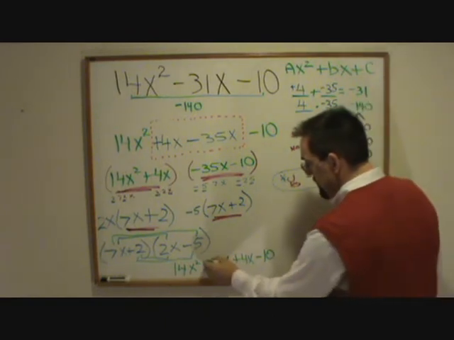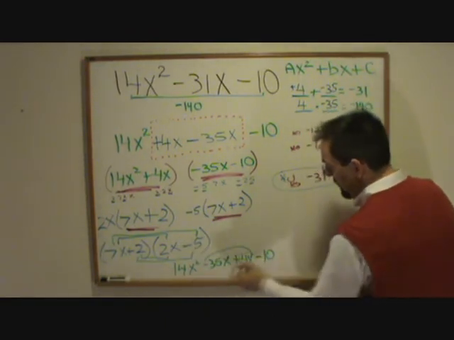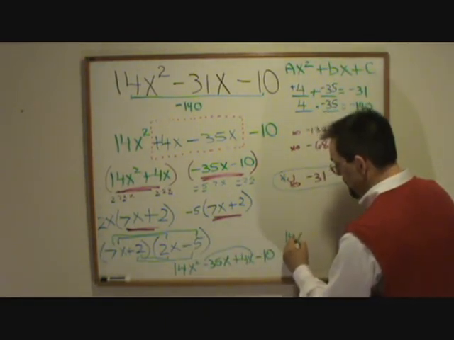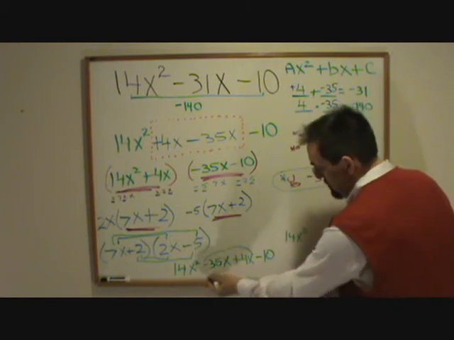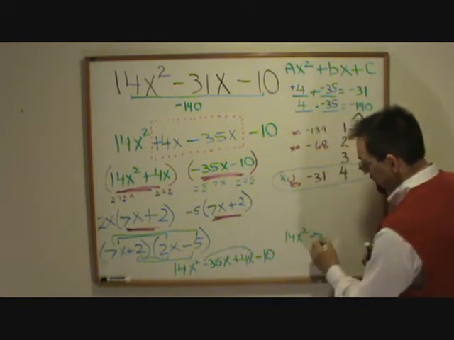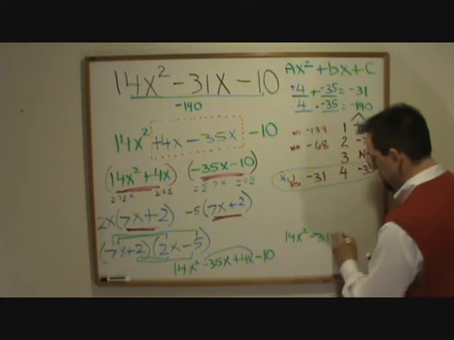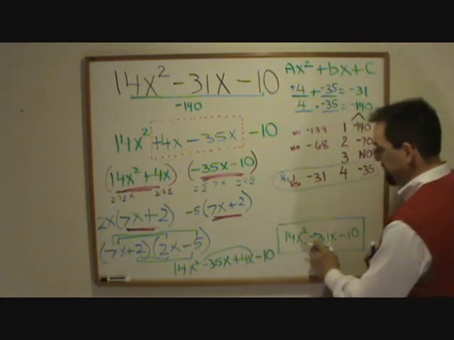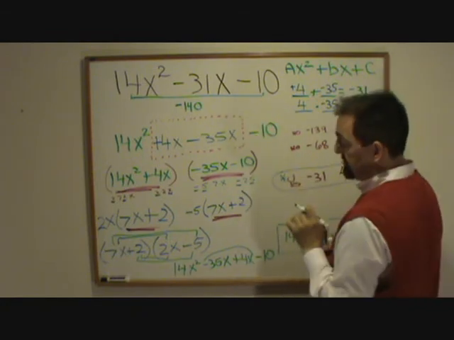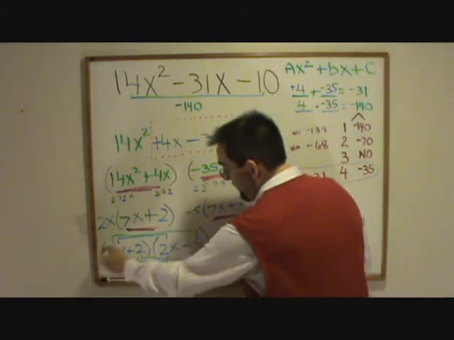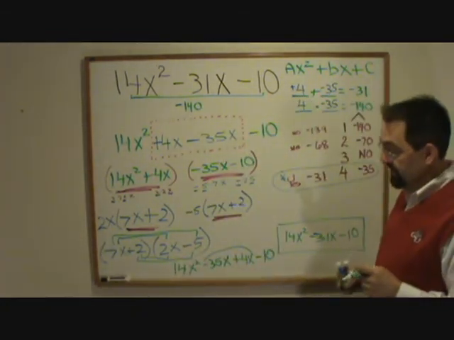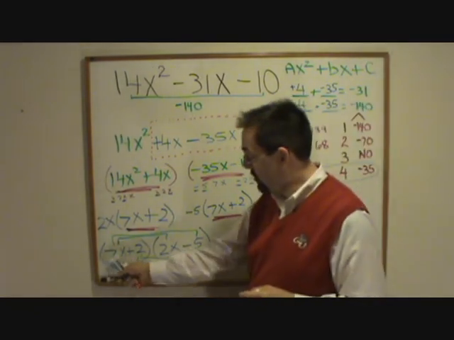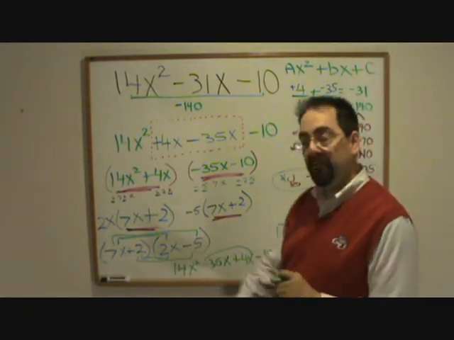We have like terms right here. So our final answer, 14x squared minus 31x minus 10. This expression matches this expression, so our factored form is the quantity 7x plus 2, times the quantity 2x